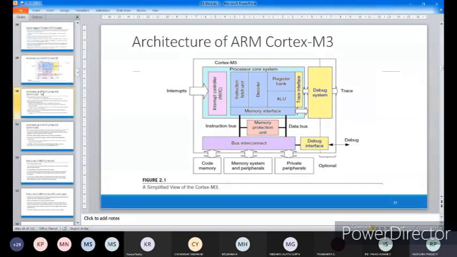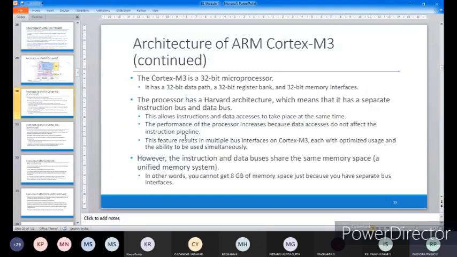Now the instruction set also uses commands, right? Those commands finally will be converted into binary values. Your data will also be in binary values, so the same binary value can repeat, and if you are using a common channel, then it will be a very difficult task. That is why they have a separate bus for instructions and a separate bus for data, which is followed in Harvard architecture. That architecture is followed in this ARM Cortex M3.